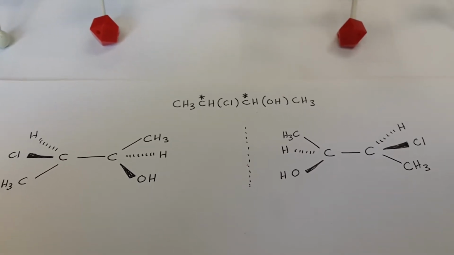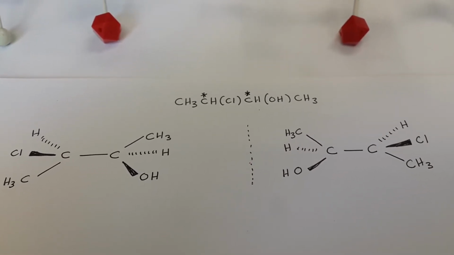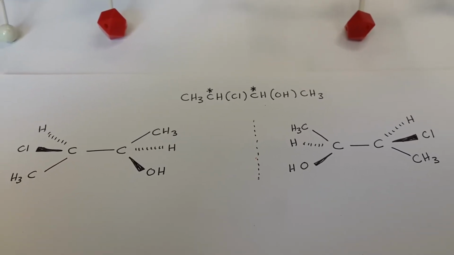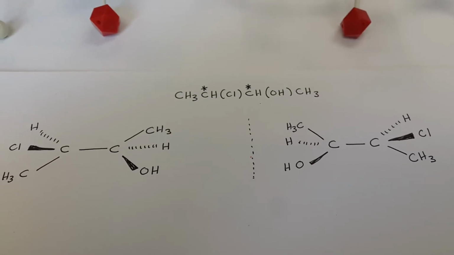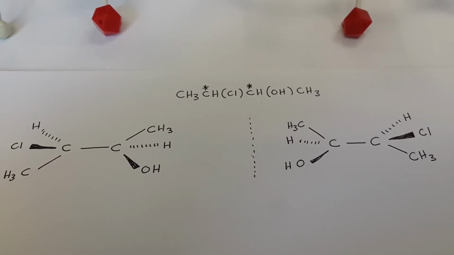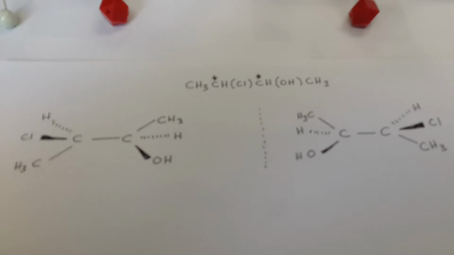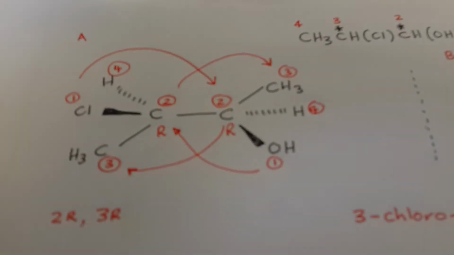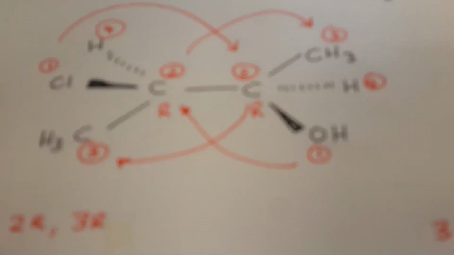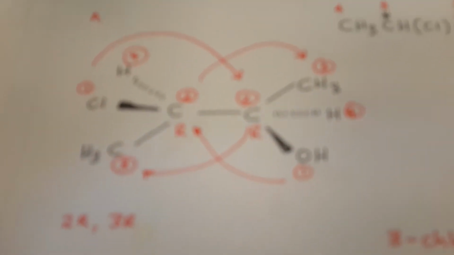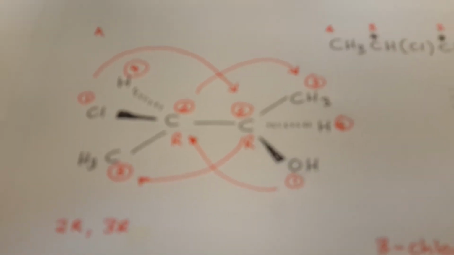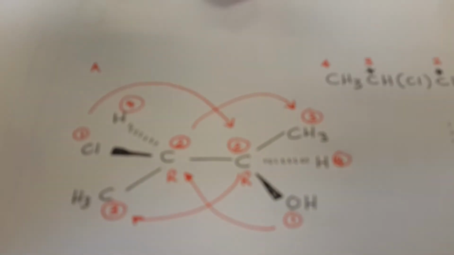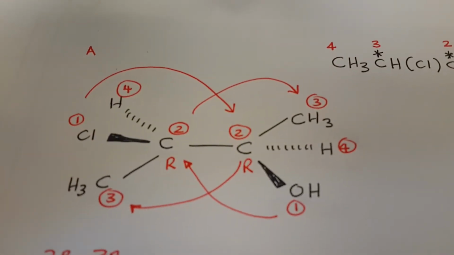Now I'm going to try and convince myself that these are mirror images, because if they are mirror images, which are enantiomers of each other, the chiral centers around each of those carbon atoms should change, which means that if I name them, the names should also change. So I'm going to use the same rules that I used previously to name these structures, and if I recall those rules, you will see that I'm just going to focus a bit here,